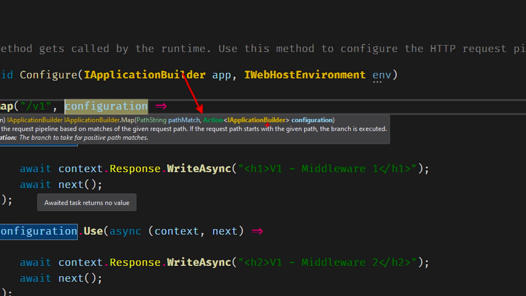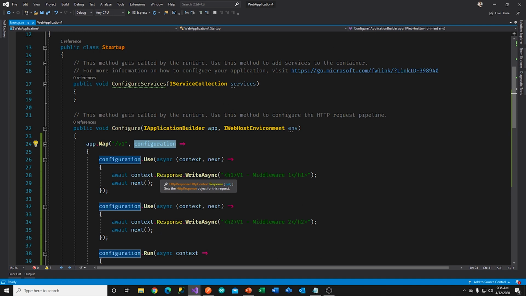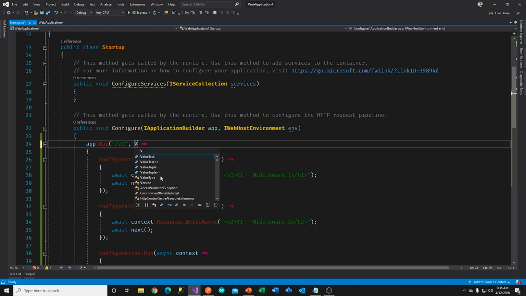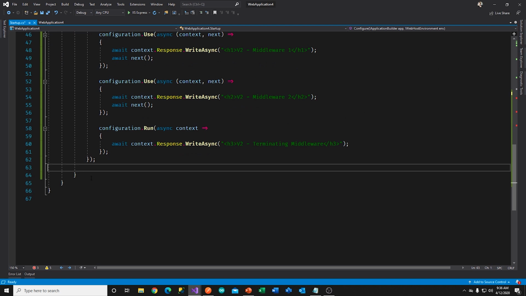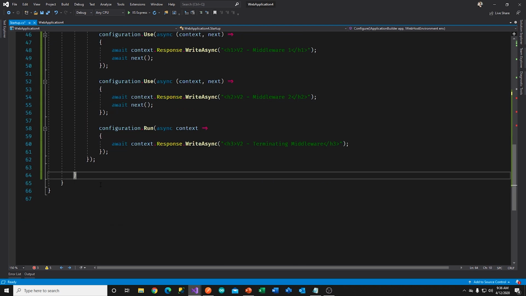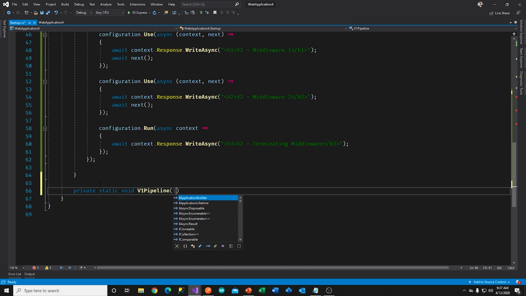And they're calling it configuration, but basically it's a method that gets that as an argument and returns nothing. So what if we were to do that ourselves? What if we had a method? So let's call this V1 pipeline. And this were a method, let's say here. Let's call it a private static method that returns a void. And it takes an application builder, and we'll call it app again, just to stay consistent